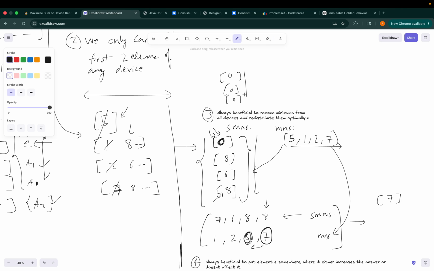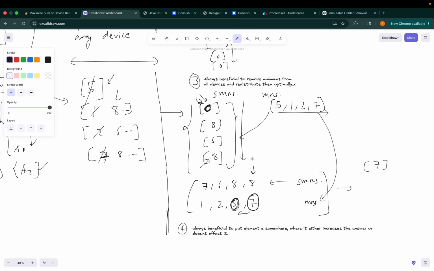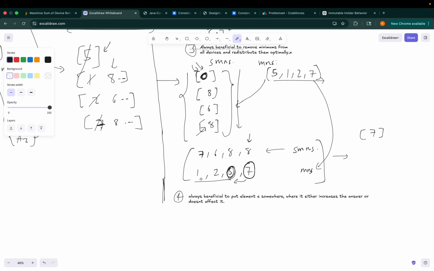So after you've done exhausting all of that possibility, what you can do is you can put the rest of them at the second minimum place. So all of them should be dumped over here on 6. And that is because of this statement. It's always beneficial to put,